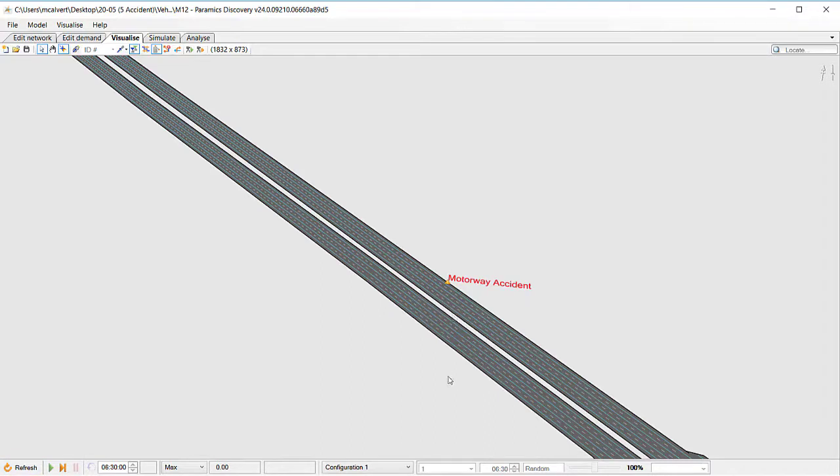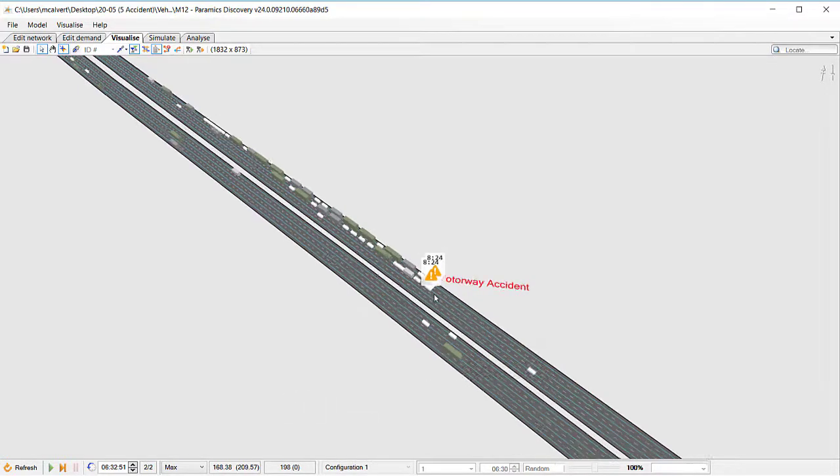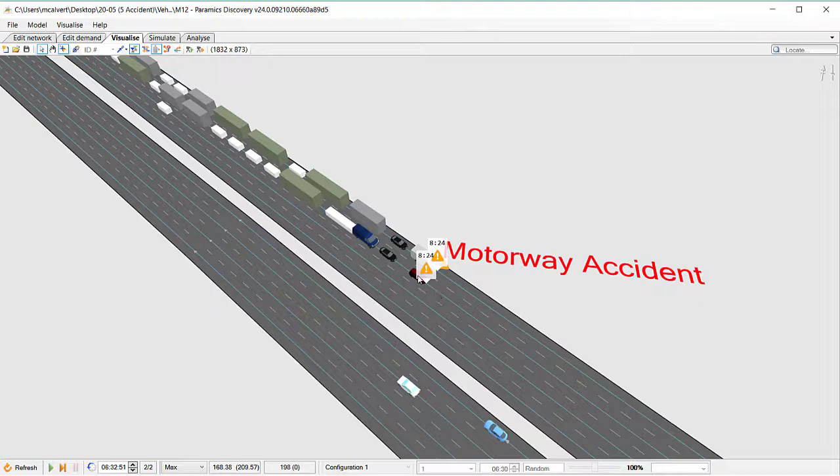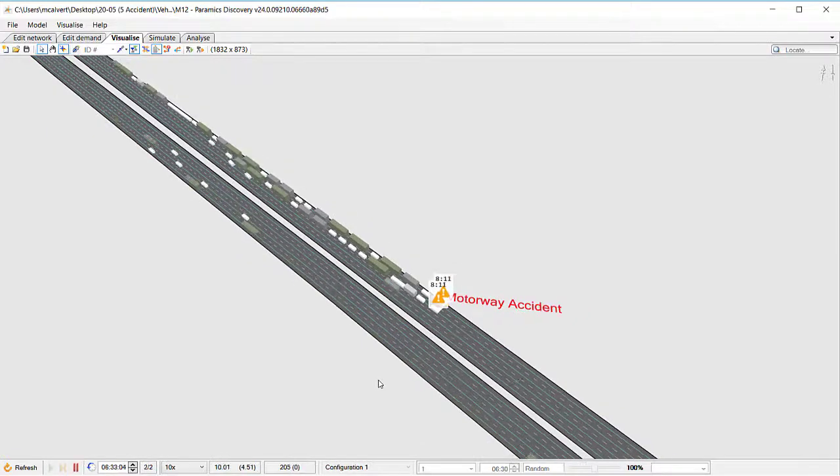So I'll close my incidents dialog, and I'm going to save that and go to my Visualize tab and refresh, and I can see my motorway accident there. And I'll start the simulation running, and you can see immediately it's picked up a vehicle, and we can see the countdown clock kicking in already. So I'm going to slow this down a little bit to 10 times real time, let's say, and we can see